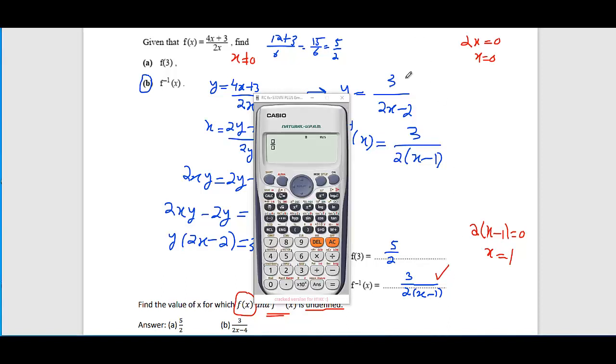Let's confirm it with the help of a calculator. So see, it is 3 divided by 2 brackets x. In x we will put 1. So 1 minus 1, bracket close, and see, math error. So when we put x equals 1, this function gives us a math error. In other words, this function is undefined at x equals 1. So we are not supposed to put x equals 1 in this function, and we are allowed to put any value other than 1.